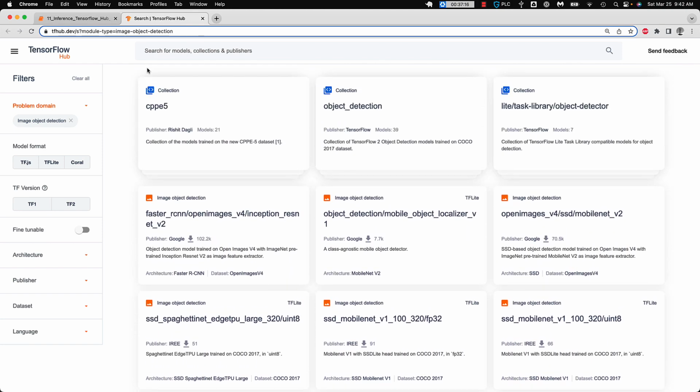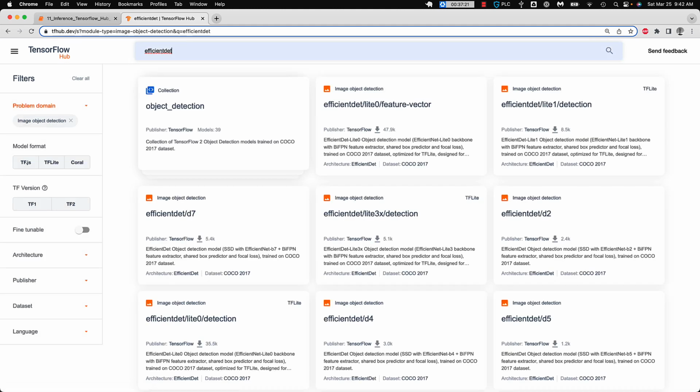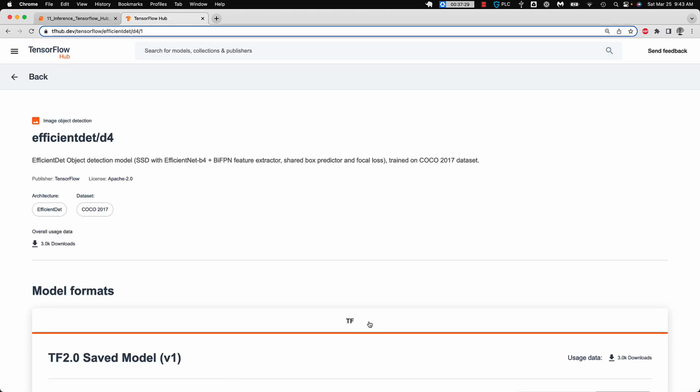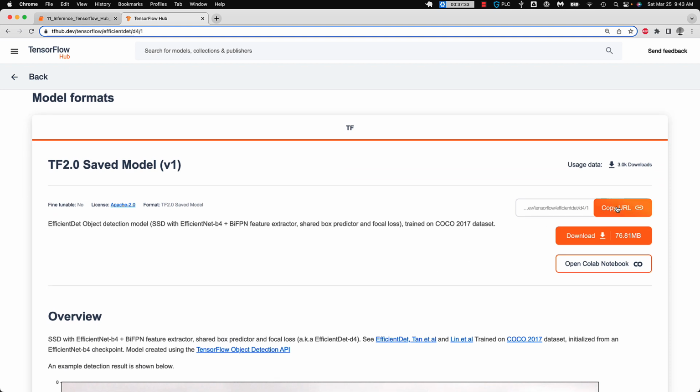So here we've decided to use the EfficientDet family of models, so I'm going to go ahead and search on that, and then navigate to the specific model that we're going to use, which is EfficientDet D4. And so we'll go ahead and visit that specific model page. And then as you can see on the right-hand side, you can copy the URL to this model page. You can download the model,